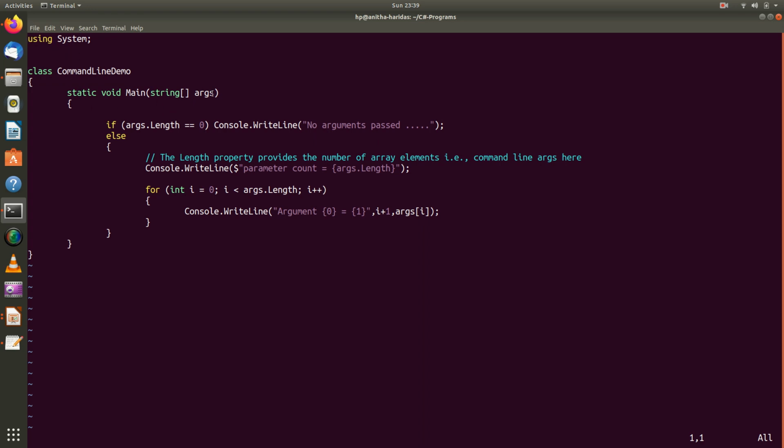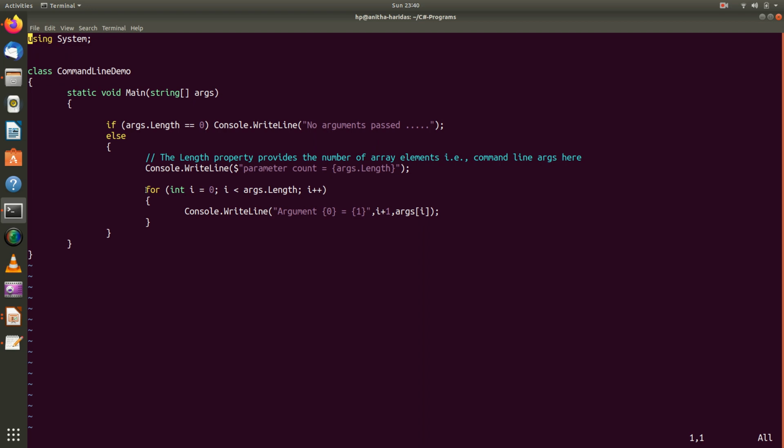You have the arguments passed, which will be retrieved in the args variable, and I check what is the length of the args variable. If it is equal to 0, there are no arguments passed. If it is not equal to 0, I am displaying the length of the arguments.